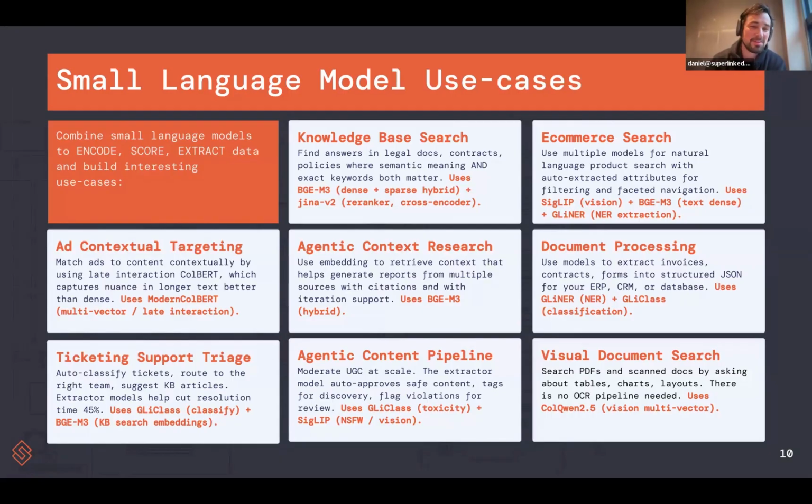Because you have a couple billion parameters, which means that the whole model, both in terms of weights and in terms of memory it needs for inference, like additional memory, comfortably fits into GPUs with like 16 to 24 gigs of RAM, right? Which is the stuff that's super easily available in your cloud provider. And maybe for context, at Superlinked we have been building these AI-powered search systems for the last couple of years,